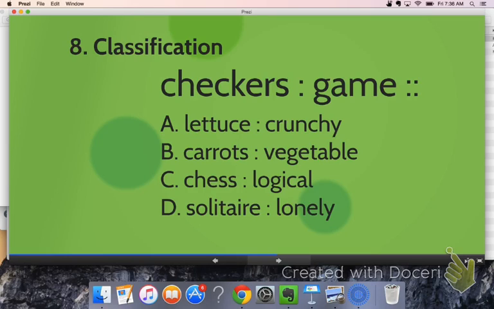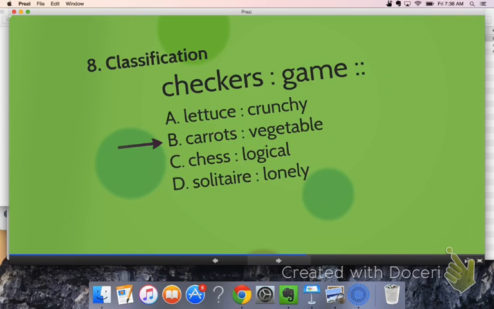And classification is putting things into categories. So checkers is a type of game, just like carrots are a type of vegetable. Chess is a logical game, but that's not the type of game that it is. Solitary does equal lonely, but it's not, again, a type. And lettuce is crunchy. Both of these are actually qualities or characteristics, which segues us into our next one,